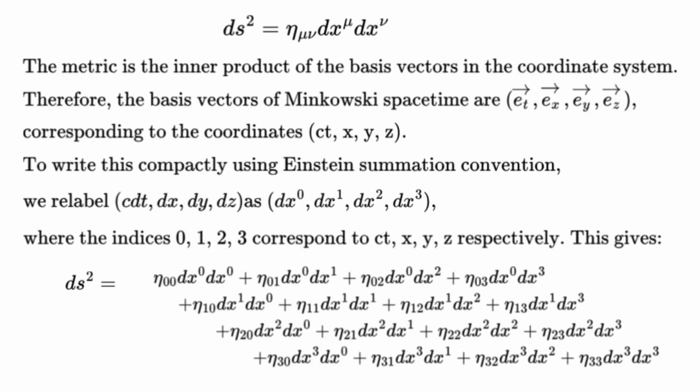the metric is the inner product of the basis vectors in the coordinate system. Therefore, the basis vectors of Minkowski spacetime are e subscript t, e subscript x, e subscript y, and e subscript z, corresponding to the coordinates ct, x, y, and z. To write this compactly using Einstein's summation convention, we relabel c dt, dx, dy, dz as dx superscript 0, dx superscript 1, dx superscript 2, dx superscript 3, where the indices 0, 1, 2, 3 correspond to ct, x, y, and z respectively. This gives